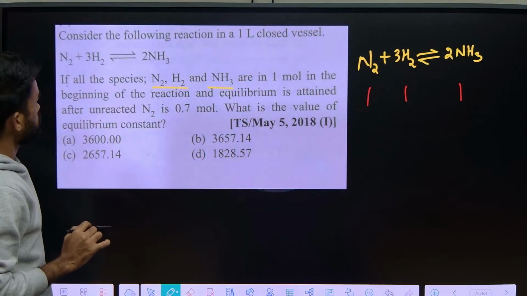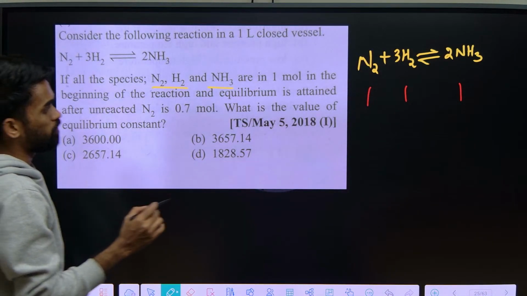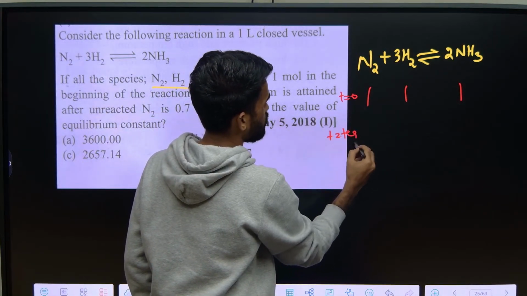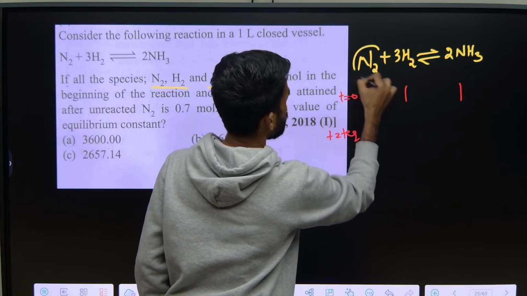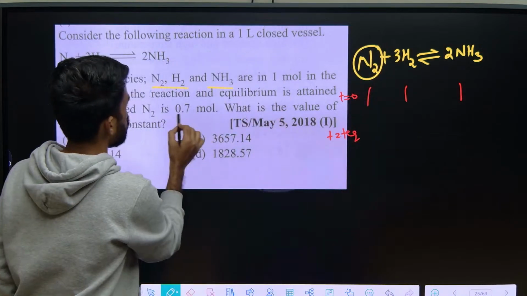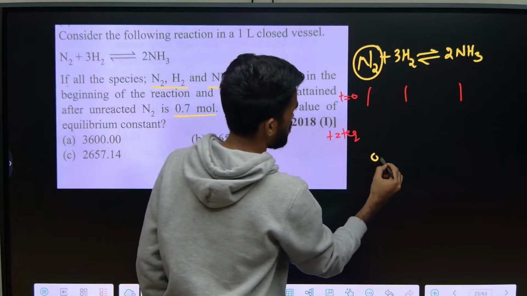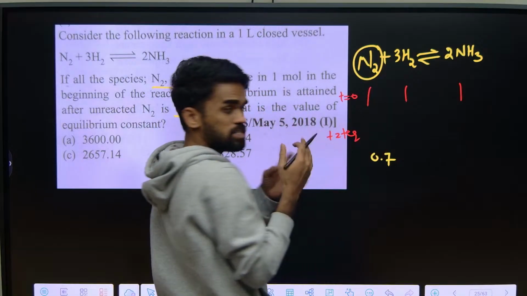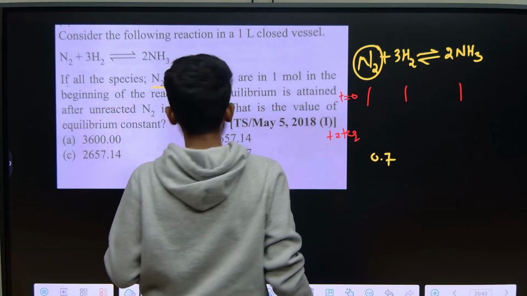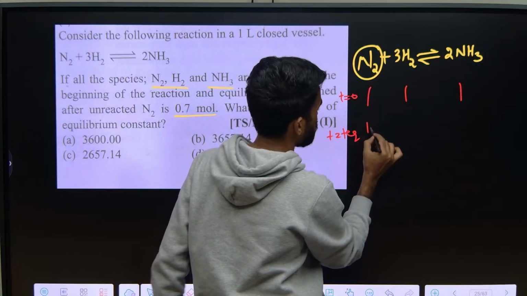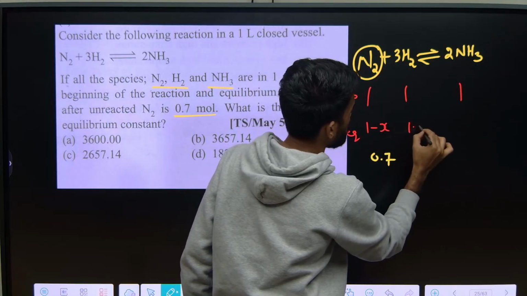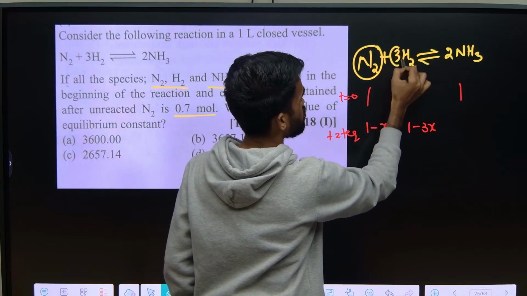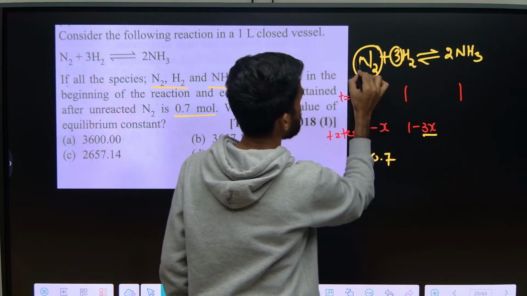Next, see at the equilibrium, at the beginning, they are saying the ammonia remained unreacted is how much? 0.7 remained unreacted. It means as time goes on, some of this reactant converts into product. That is 1 minus x here, and this is 1 minus 3x. Why am I writing 3x? Because the stoichiometric coefficient here is 3, that is why 3x, and here it is 1, that is why